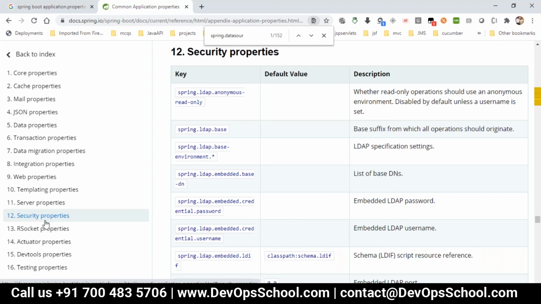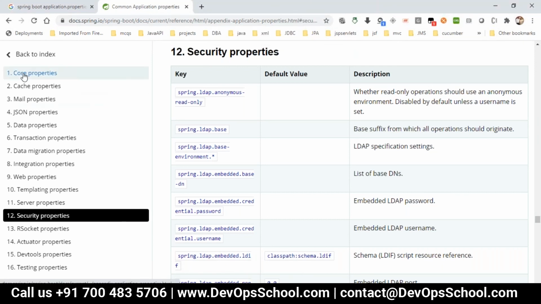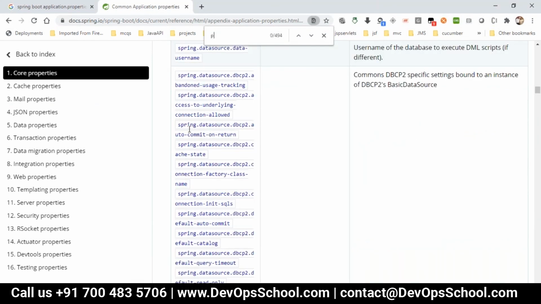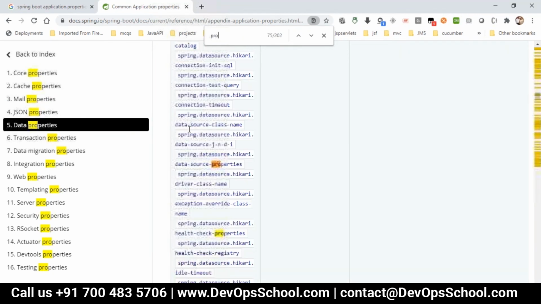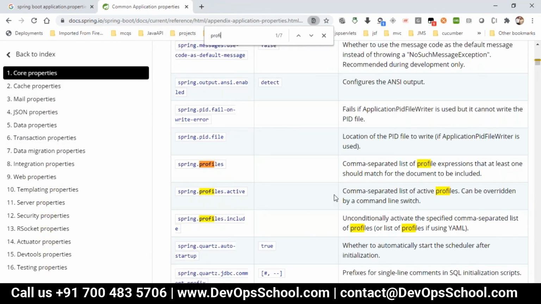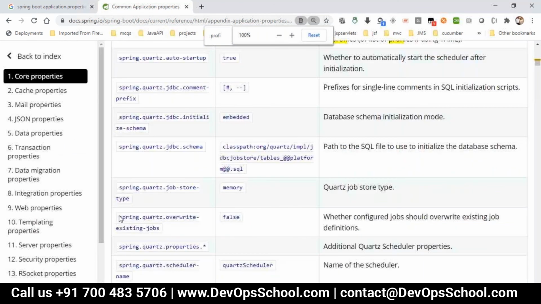Depending on the runtime environment, it should automatically pick a profile. For that we have a property to configure the profiles: spring.profiles.active, a comma separated list of active profiles. Then that particular profile will be picked up.